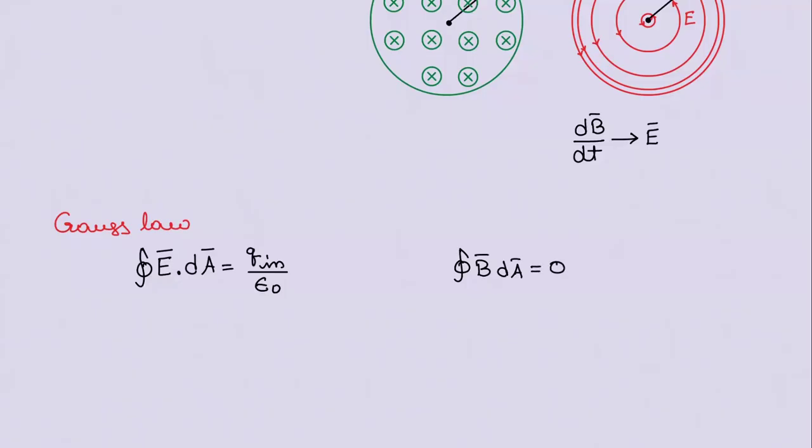Why? Because magnetic monopole doesn't exist. And any loop you take, any closed surface, the net flux must definitely be 0. I think I discussed this one already. This is Gauss law in electrostatics. This is Gauss law in magnetism. After that,